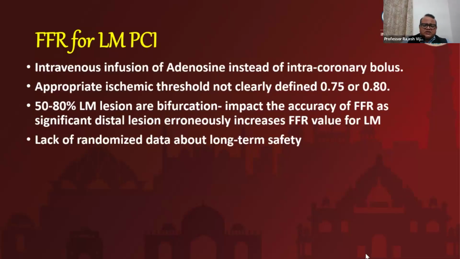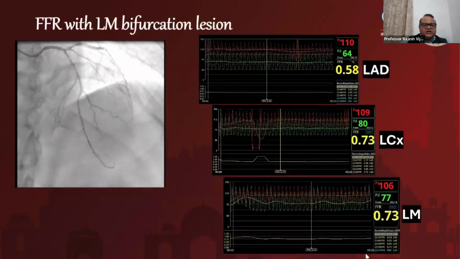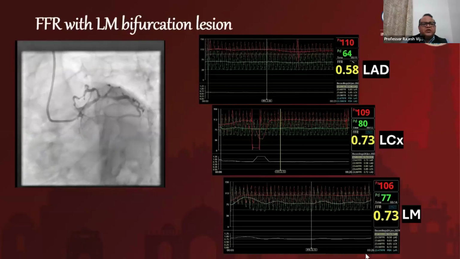And then there is a technical problem with the left main in case there is bifurcation disease involving the LAD and also the left circumflex, where the pullback gradient has to be looked into, and it is going to be erroneously increased when there is disease distally in the LAD or LCX. There is a lack of randomized data about the long-term safety of FFR across the left main bifurcation when there is disease across the LAD and LCX also. So this particular case,